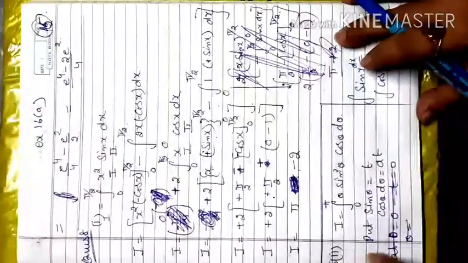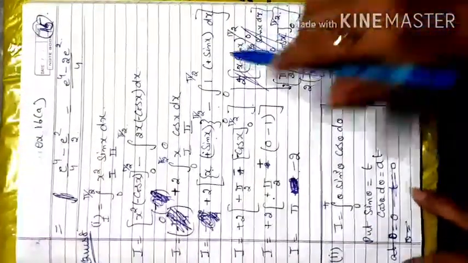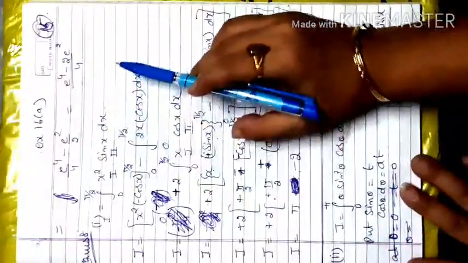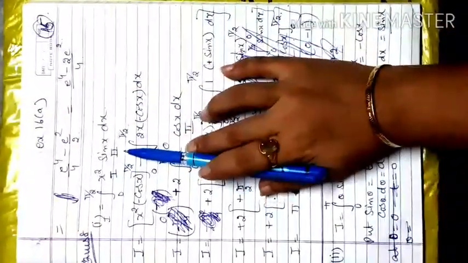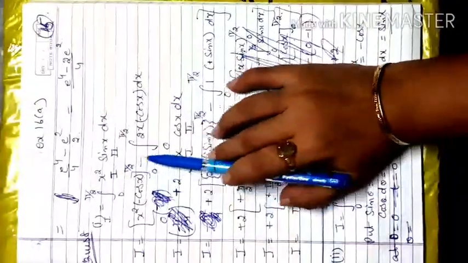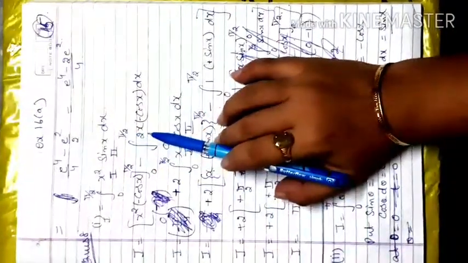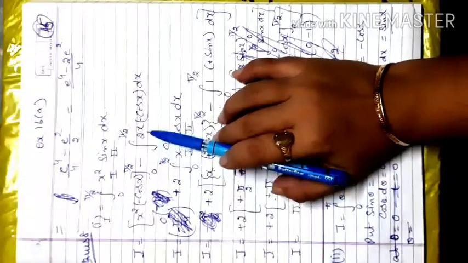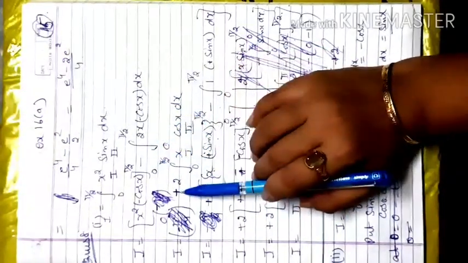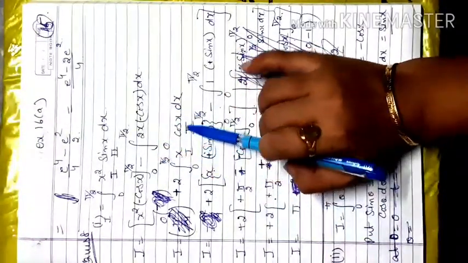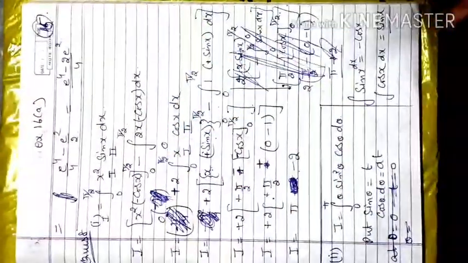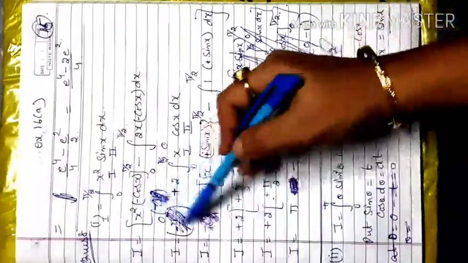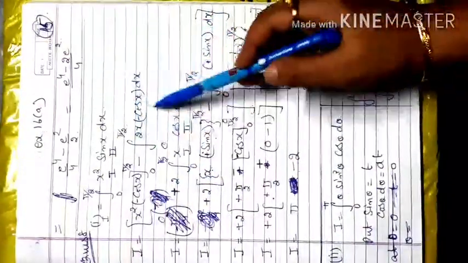Next, your 8th question. First part is integral from 0 to pi by 2 of x square sin x. Go with integration by parts, first function, second function. Integration of sin x is minus cos x, from 0 to pi by 2, minus integral from 0 to pi by 2 of the differentiation of x square, which is 2x, times minus cos x, so the negative becomes positive, 2 integral of x cos x. When you apply the values pi by 2 or 0 here, all terms become 0, so nothing is left here. Now concentrate on the second part.